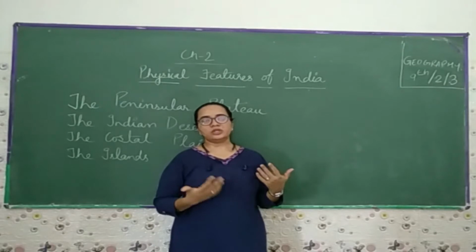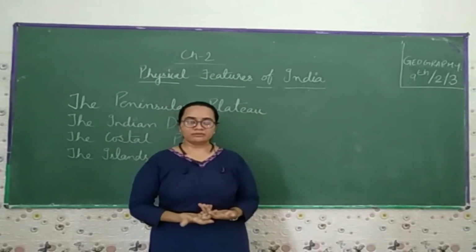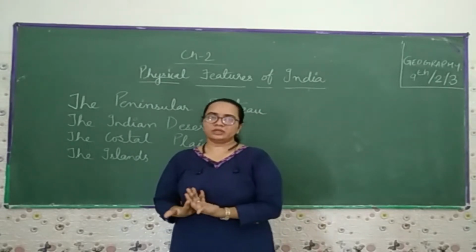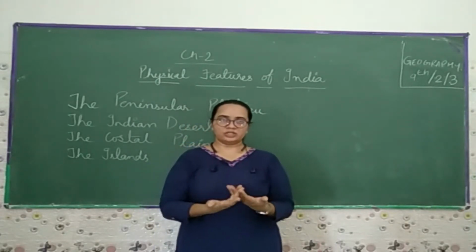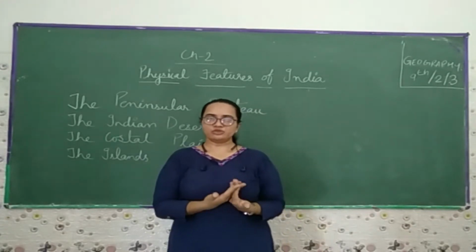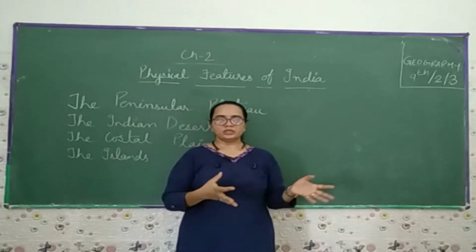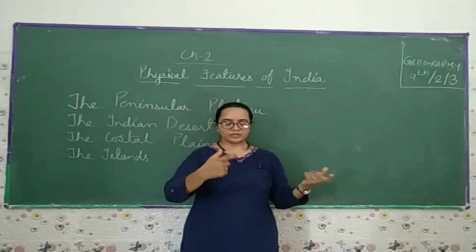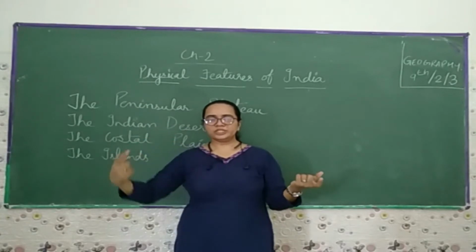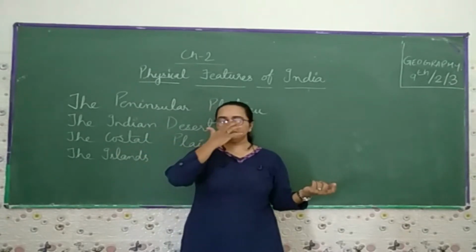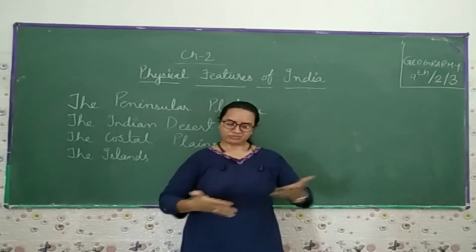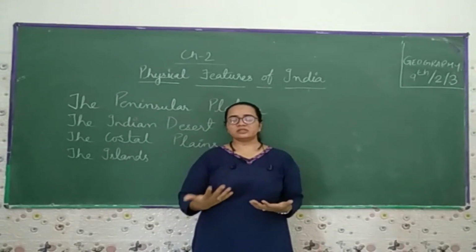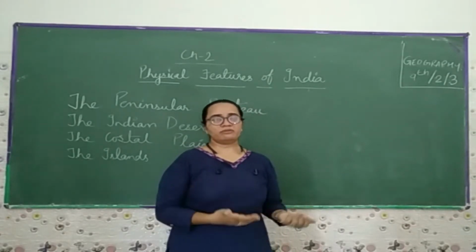We came to know about the northern plains. In the northern plains, rivers like the Ganga and the Brahmaputra mainly make the plains. They come from the Himalayas with sediments and make the land very fertile. When these rivers divide into different tributaries or channels, they carry a number of sediments and deposit them at different places. These are the things we discussed in the previous two videos.